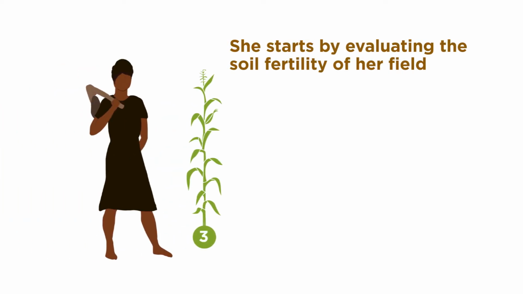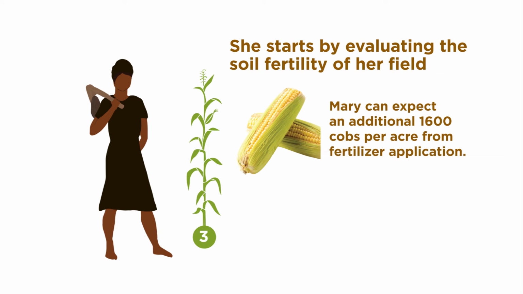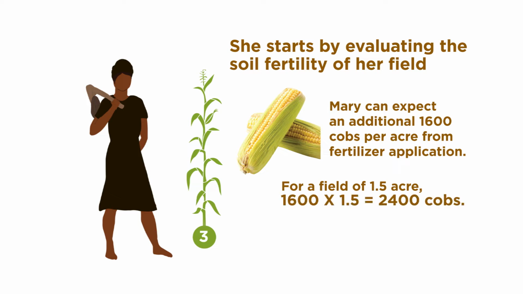She starts by evaluating the soil fertility of her field and considers it as medium fertile. Her maize crop is usually taller than shoulder height, but yellowish at tasseling, and the cobs are rather small. Remember from our previous video, in a medium fertile field, Mary can expect an additional 1,600 cobs per acre from fertilizer application. For a field of 1.5 acre, this means she can expect 1,600,